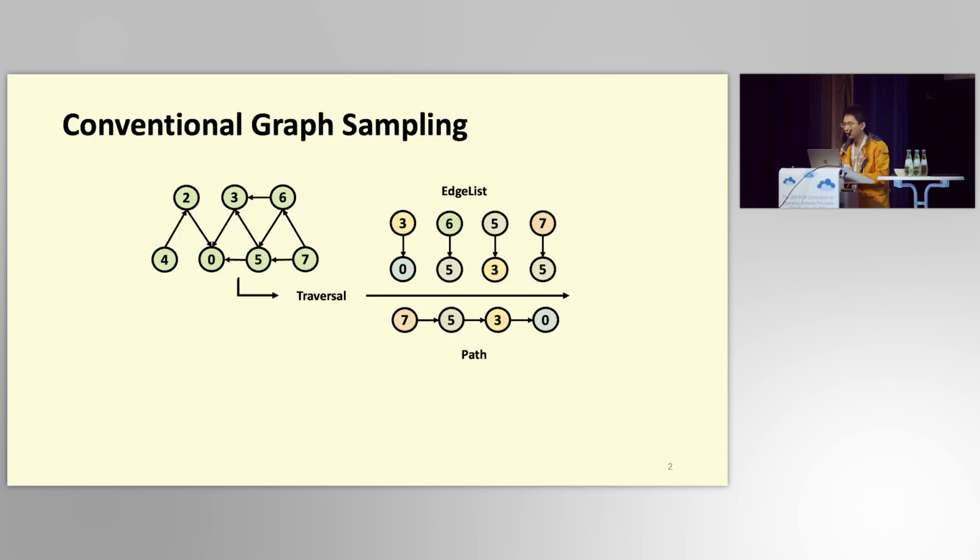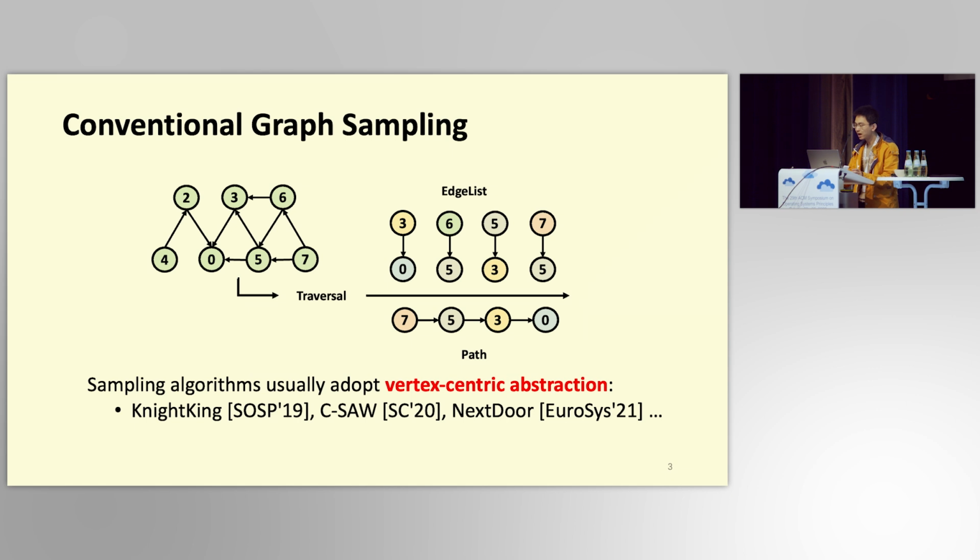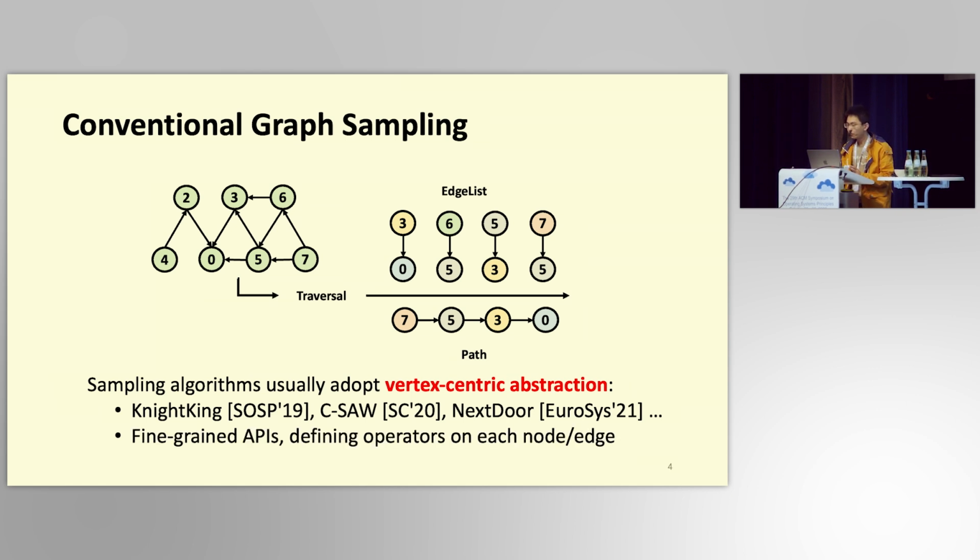Traditional graph sampling algorithms perform graph traversal to return a favorable path or edge list. Most of them adopt a vertex-centric programming model, which offers a set of fine-grained APIs that help define operators or state on each node or edge. To give a quick example, let's look at the vertex with